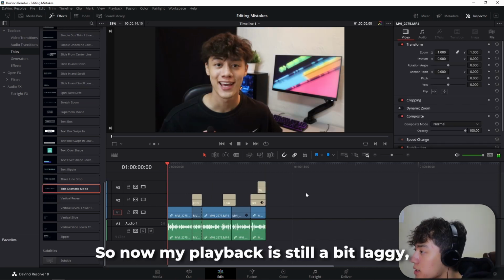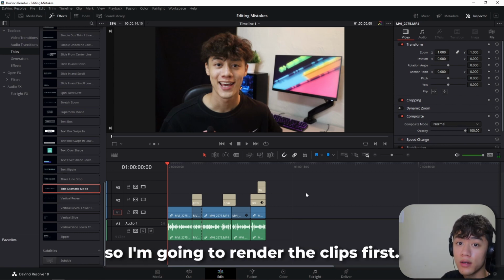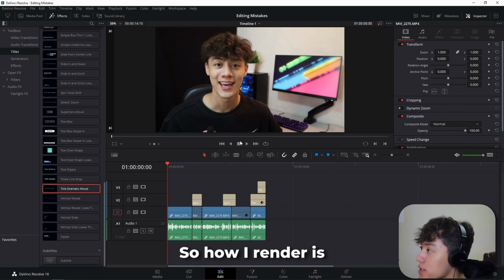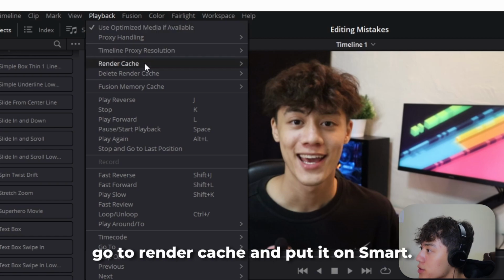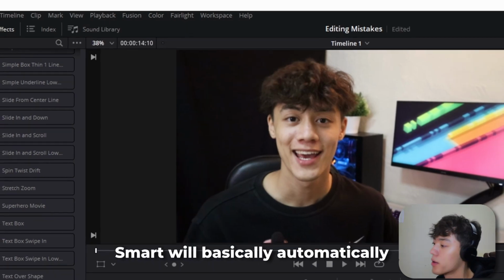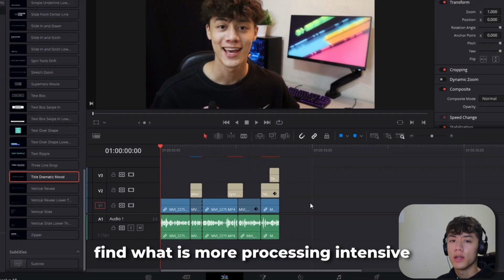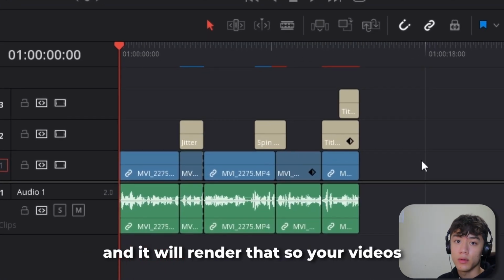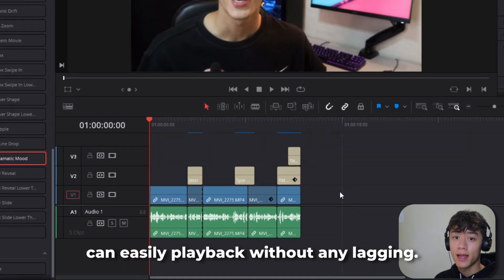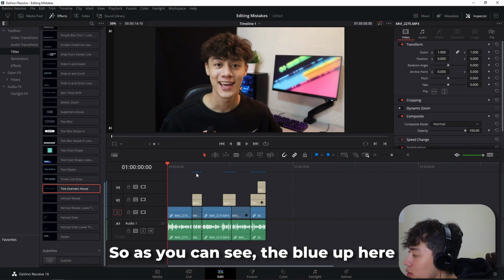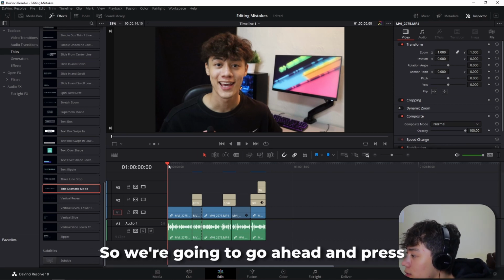Okay, so now my playback is still a bit laggy, so I'm gonna render the clips first. So how I render is I can go up to the Playback tab, go to Render Cache, and put it on Smart. Smart will basically automatically find what is more processing intensive and will render that, so your videos can easily play back without any lagging. So as you can see, the blue up here means that it's already rendered, so we're gonna go ahead and